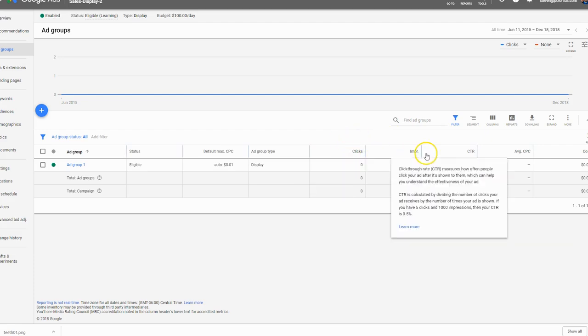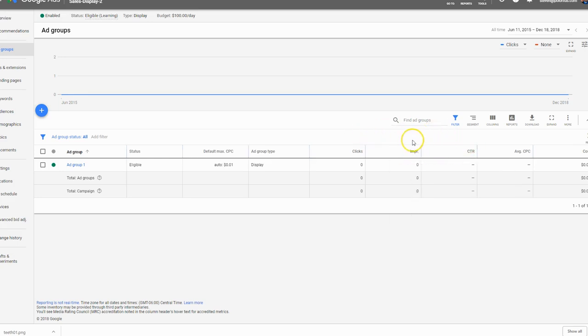So clicks, impressions, click-through rate would be what percentage of the impressions, of people who technically, quote unquote, saw it, ended up clicking. Okay, that's your click-through rate. And then average cost per click is basically the total cost that you've spent to get that number of clicks. That equals your average cost per click. Okay, so that's what you want to monitor. We don't really have much to compare it to right now, and of course, at the moment, we don't have any data whatsoever to look at, but you would want to monitor those, compare them to past campaigns if you do have past